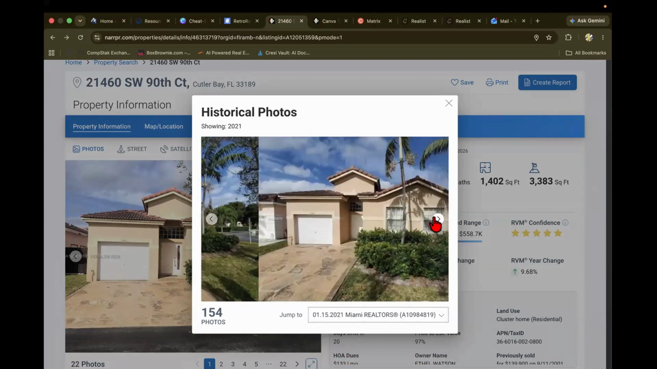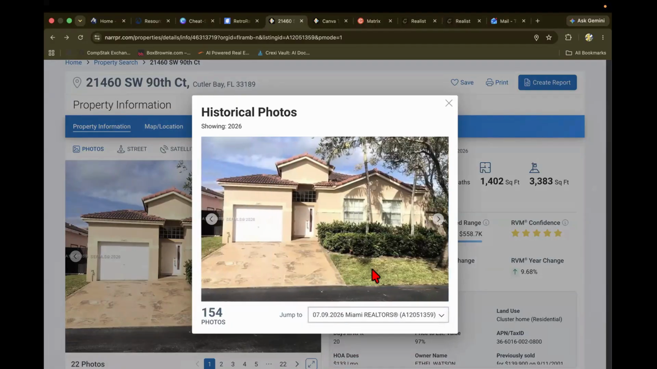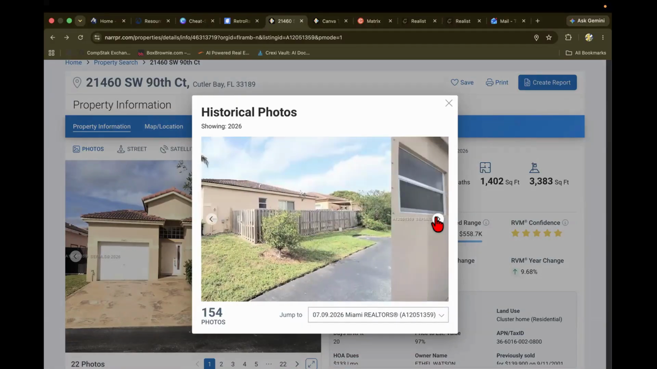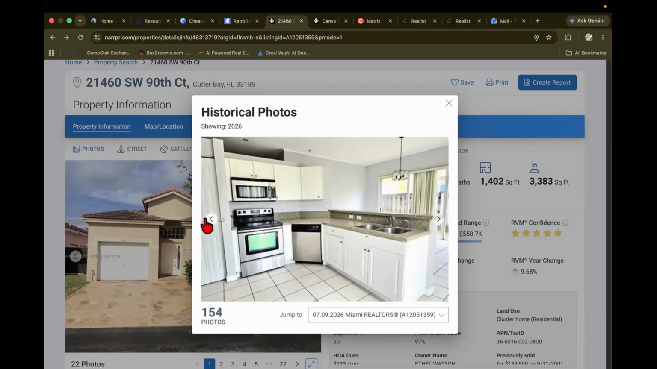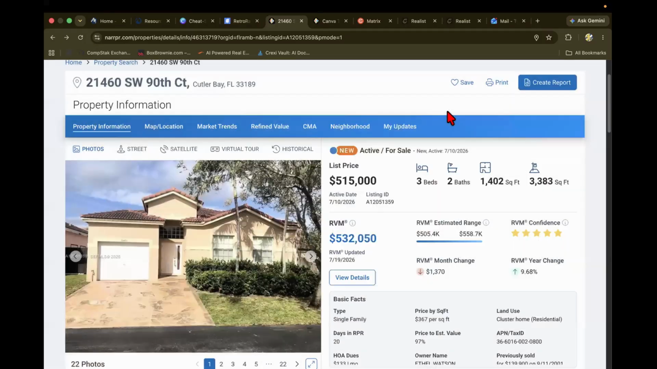This will allow us to potentially know when the homeowner, I should say, made improvements on the property. So I'm looking at this specific unit when it was listed back in 2021. Let's jump forward to 2026 just to see if there's been any improvements. That kitchen does look like it's been repainted, as we can see. It's a great way to know exactly when some of those improvements have been made using that beautiful little historical